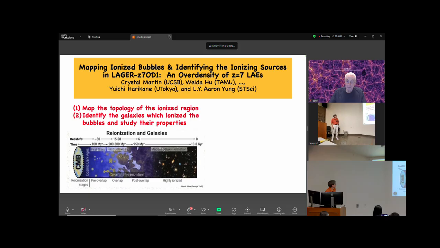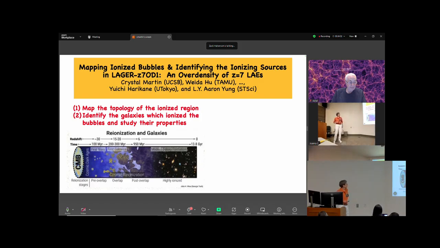I want to talk about trying to map the topology of ionized regions at a time when the universe is partially ionized in the intergalactic medium. And I think one of the motivations for doing this is if you find and map ionized bubbles, you can look and see what's inside of them. So part of this is about identifying the galaxies that are the ionizing agents of these particular bubbles, and then